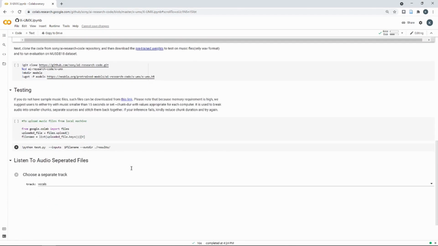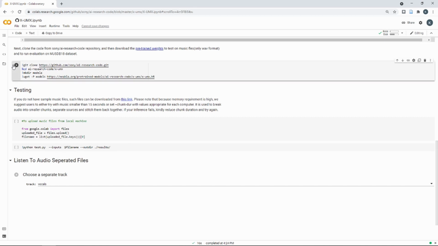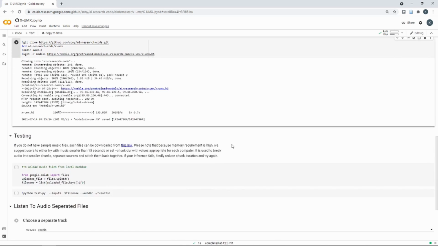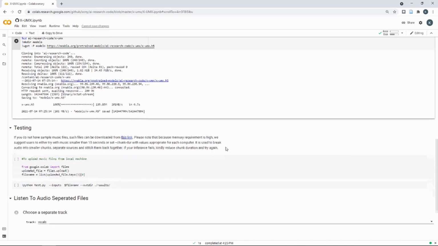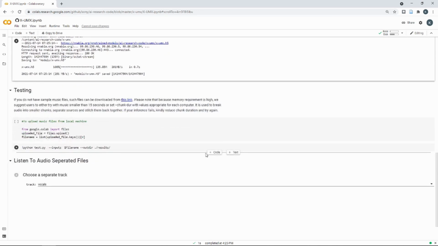Now that the libraries are installed, let's clone the Sony AI Research Code repository that contains the XUMX code. We will also download the pre-trained weights of the XUMX network architecture. Now done that, it looks good to go.